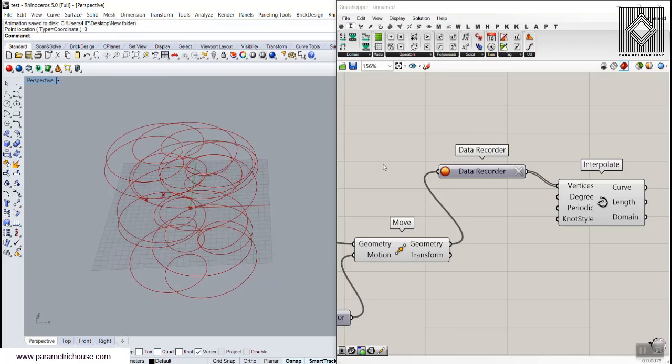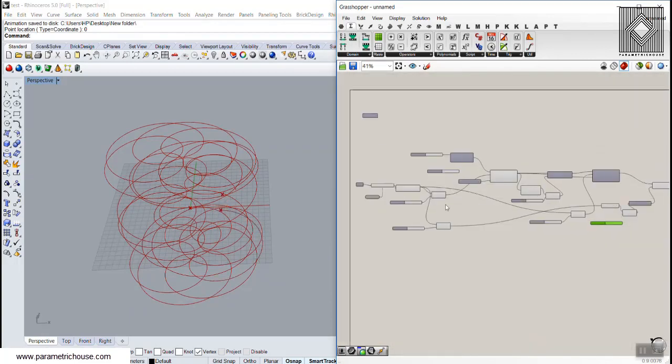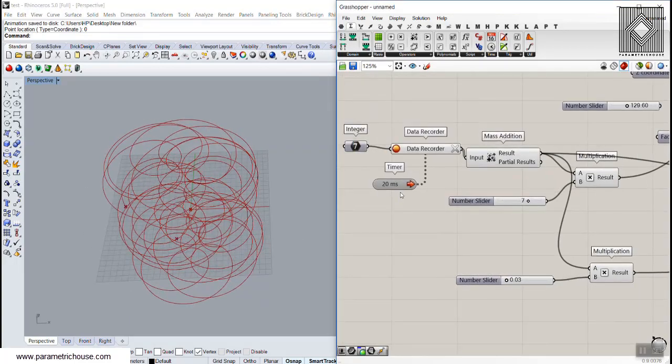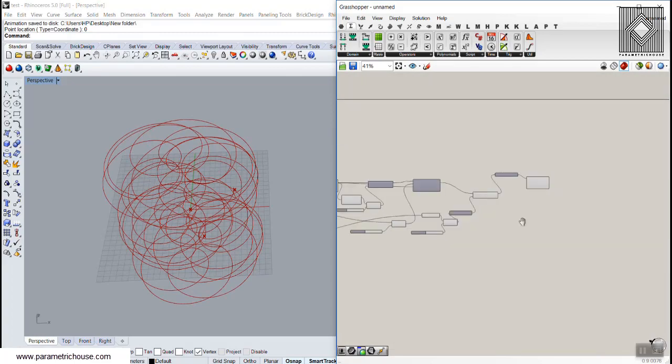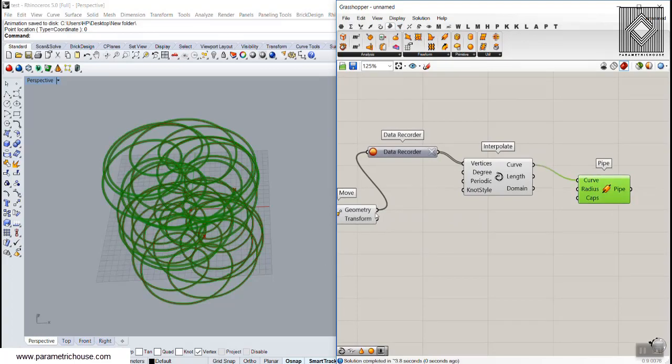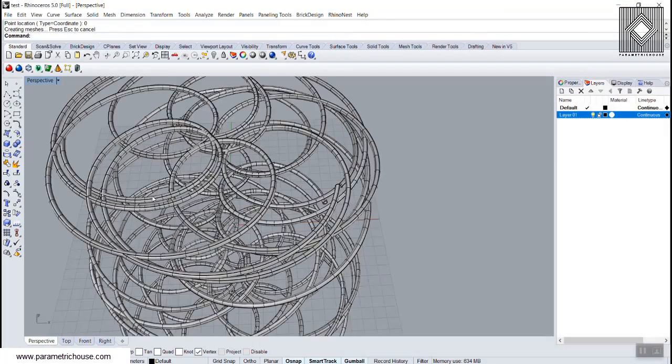And so this was for the first part of the question, how we can make animation in Grasshopper, how we can just change the number slider. We can right click and animate it, and this is the technique you can use always. Okay, let's just make a pipe from this curve and make the surface. Okay, so this was for the first part.